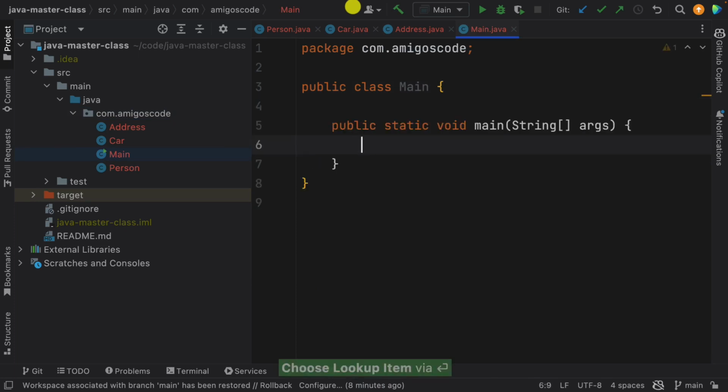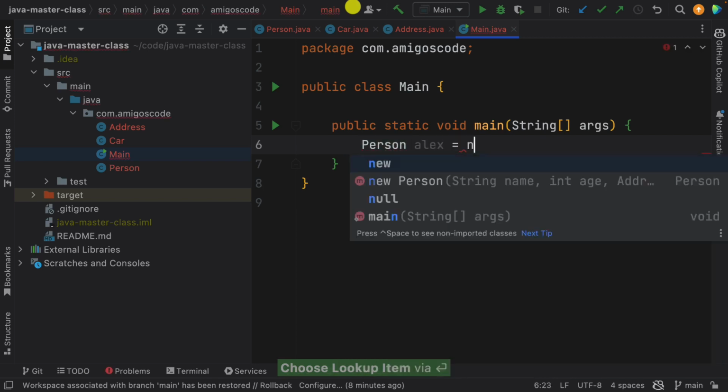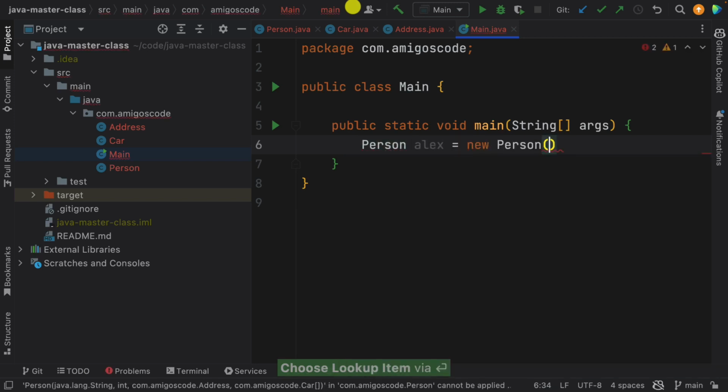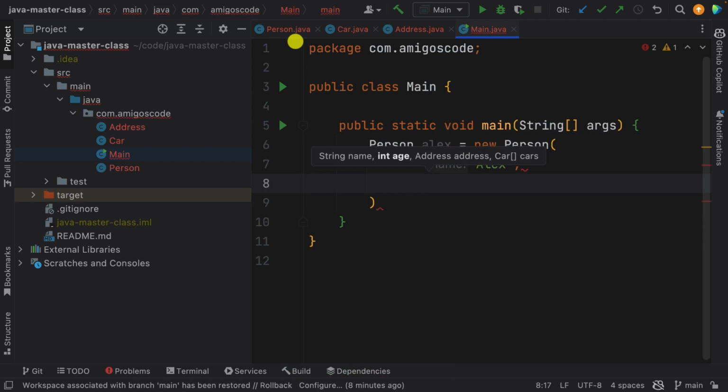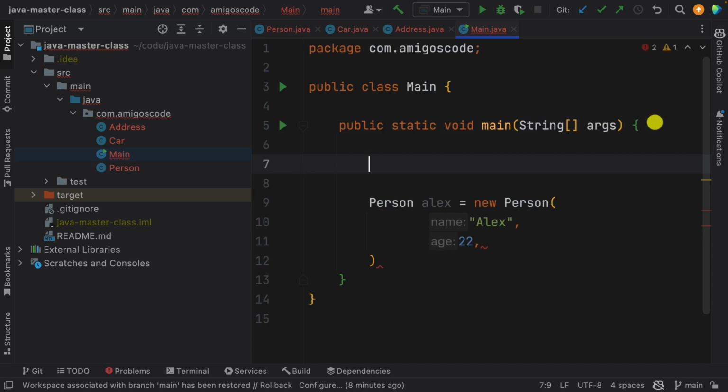and here let's create a person. Well, we need a person, and let's just say Alex equals new Person. Now Alex needs a name, so let's just say Alex, needs an age, so I'm going to say 22. It also needs an address and a list of cars, so let's just get those before we create Alex. So we need an address